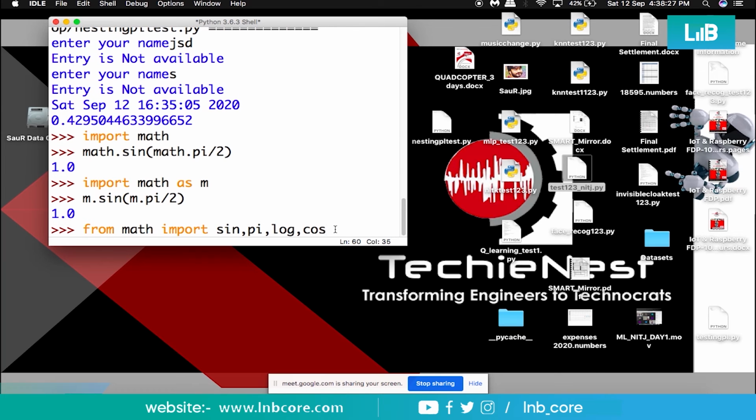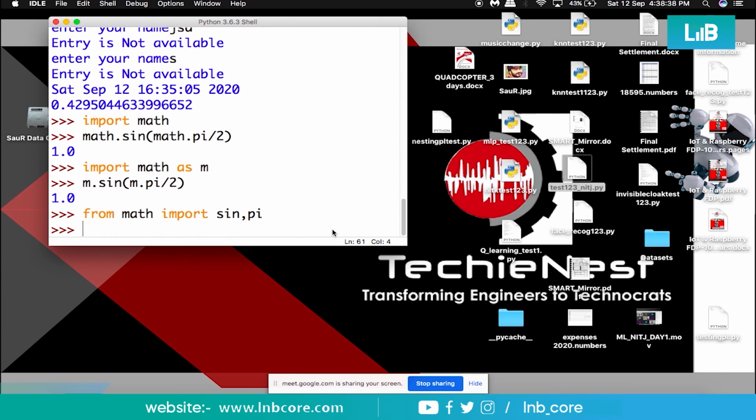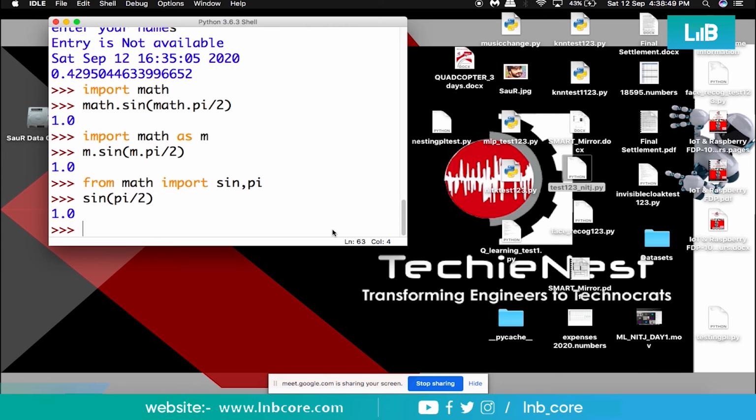So whatever number of functions you want to include or import, you can directly import using the from command. From that library, import these functions directly. Suppose I want to use these two functions only, right? Now you don't need to write m or math to execute these functions. Okay, sine within brackets pi by 2. Is that okay? So we got three methods: either importing everything directly, or with this representation using another keyword, and third, importing the functions directly using the from keyword. Is that okay, everyone?